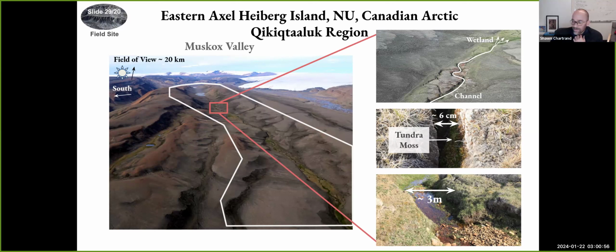Just some example photographs. I'll show some more in a minute of what the valley floor itself looks like, but I just wanted to draw your attention to three things that I think are relevant and important. First is this sort of alternating pattern of polygonized areas with a channel cutting through the polygon troughs next to these wetland areas where the polygons themselves, it's very difficult to tell if they are there. They could be buried, but essentially from sort of a sedimentological perspective or thinking about how river valleys evolve in